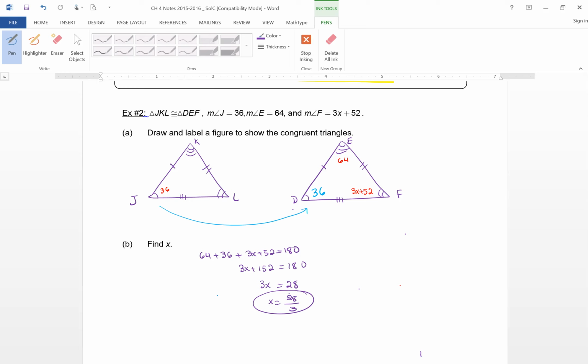It will specify on the test. So, and if it doesn't specify, the default is always fraction, simplified fraction. Okay? Now,